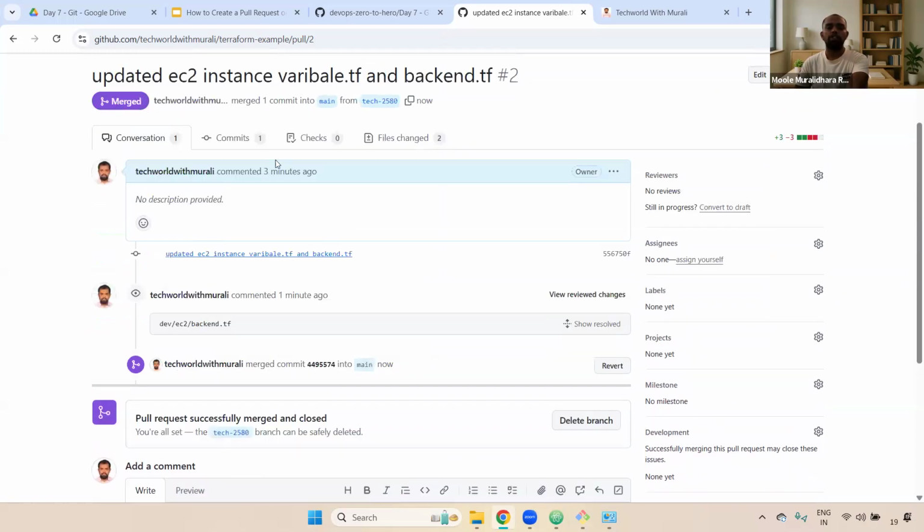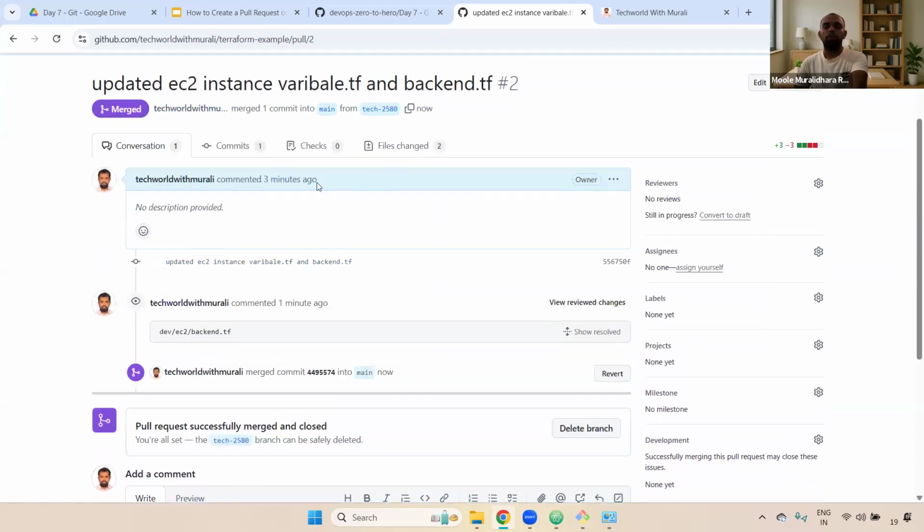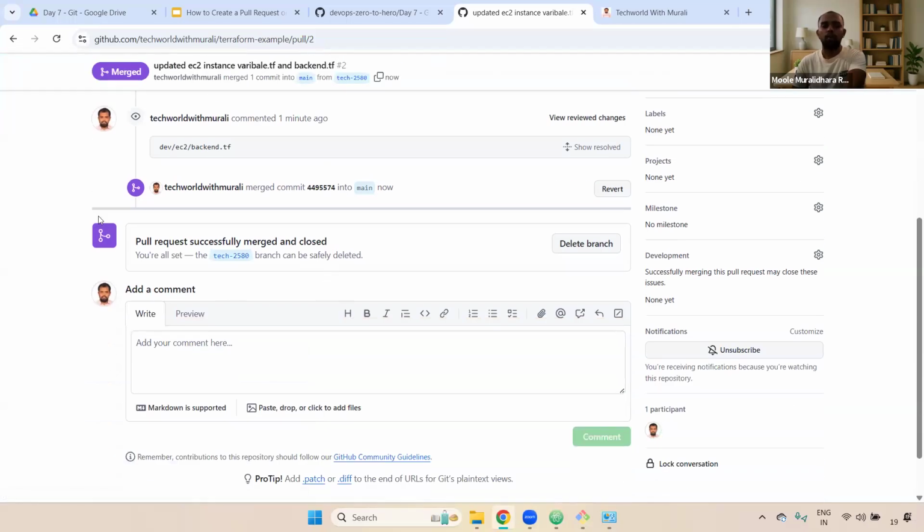Now if you see here, it is merged to main branch. Understand, right? It is merged to main branch because here we have the destination as main branch. It is merged to main branch. Now here, most important, once you merge this particular tech-2580 to main branch,